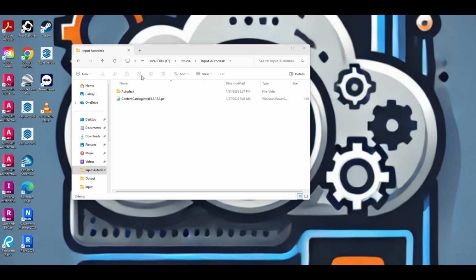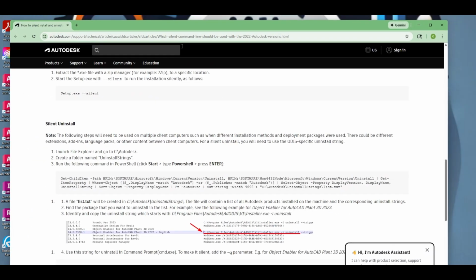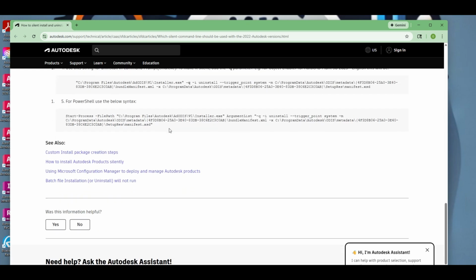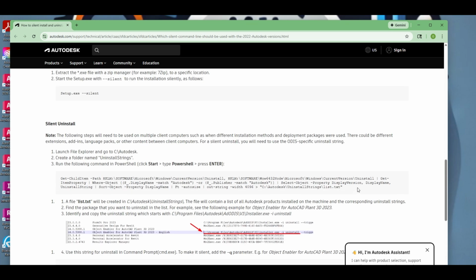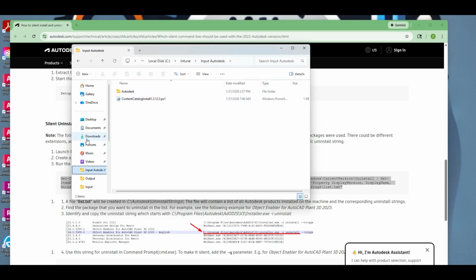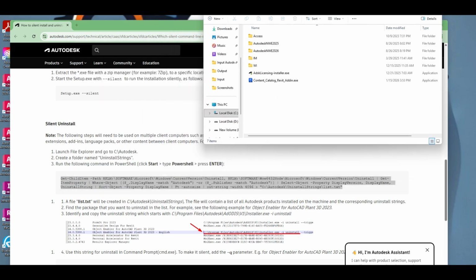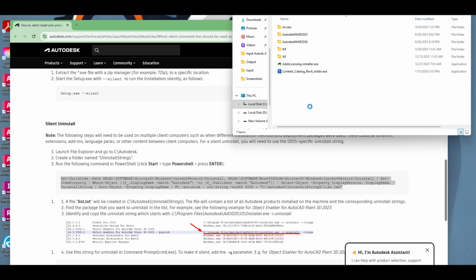One of the things we found was we were having issues with the uninstall command. So I'm going to show you guys this web page from Autodesk, because on here, and I'll put a link in the video, you can actually use this command line to make a list of everything you want. So we're going to go to our Autodesk folder, and I think it's just their command, but you need to make a folder in here